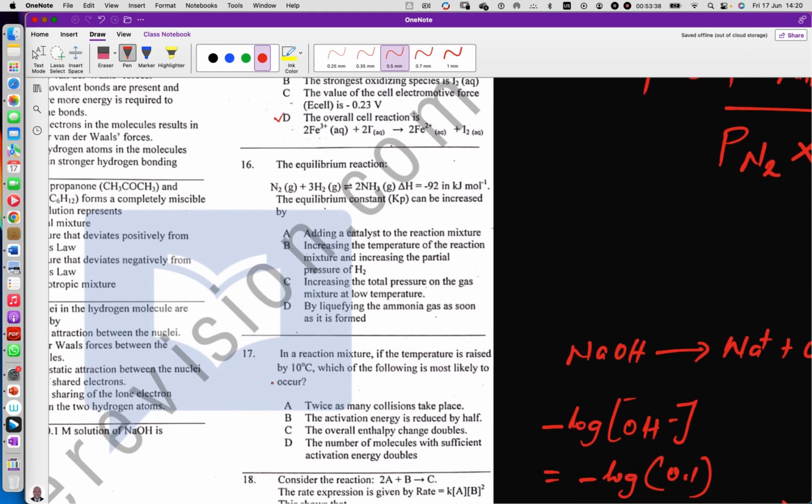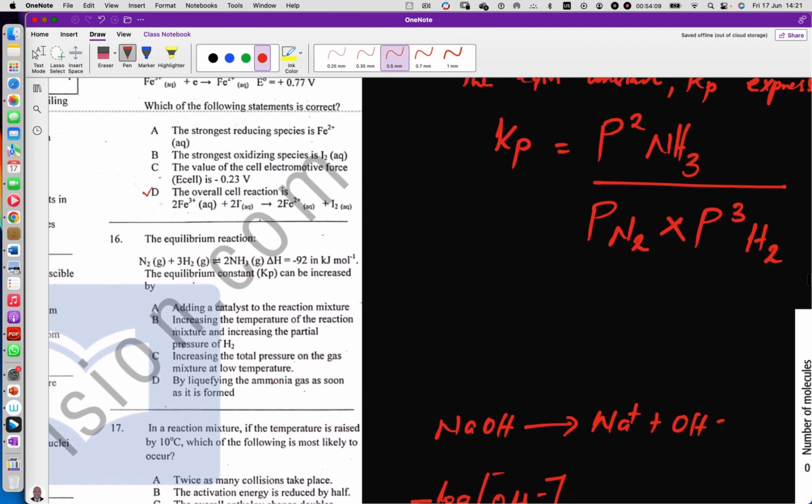Number 16 has to do with an equilibrium reaction. Nitrogen plus hydrogen is in equilibrium and gives 2 moles of ammonia. The enthalpy change is minus 92 kilojoules per mole. The equilibrium constant Kp for the reaction